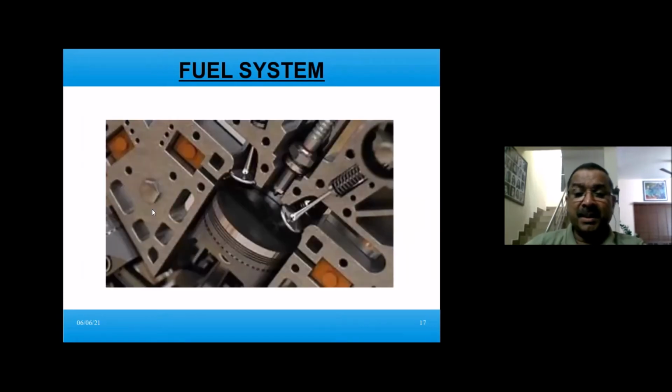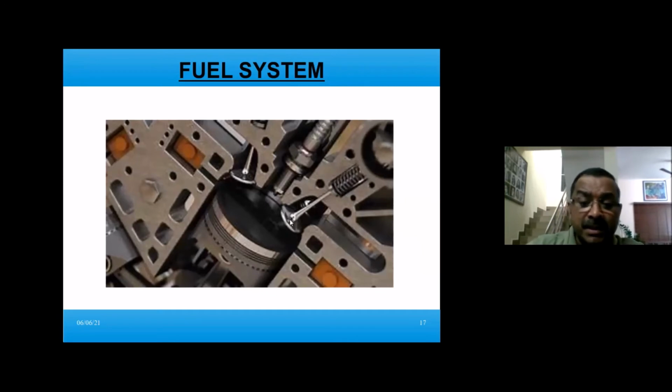You can see another picture here. You can see the fuel injector here, and diesel will be injected into the cylinder body through the tip. At the fuel injector tip, we have got very fine pores. So through the pores, diesel will be injected. So we have to generate a very high pressure in this diesel